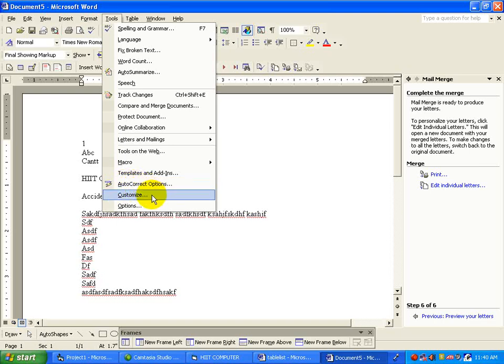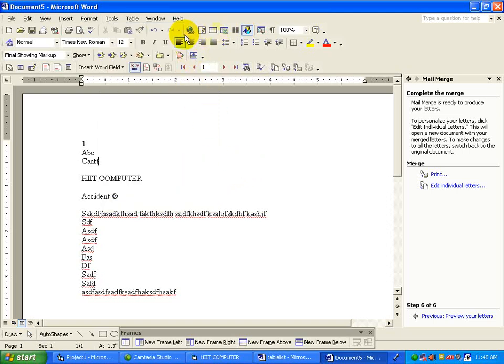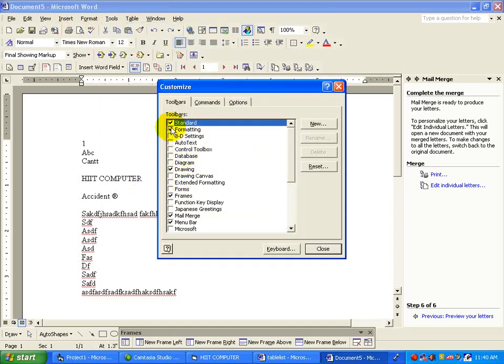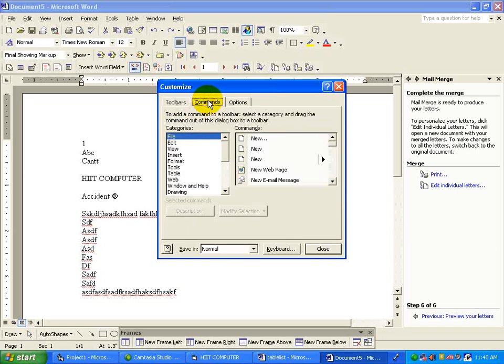What about customize? We can add or delete any of the tool buttons or a menu through the customize option. See here, to make the formatting toolbar on and off, or to change the commands inside edit, you will find undo, redo. See, find next.